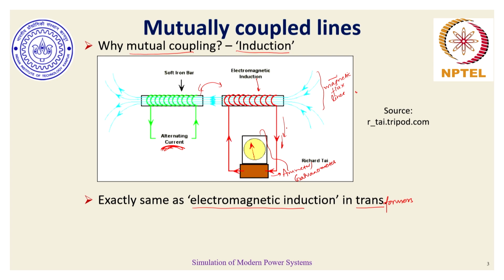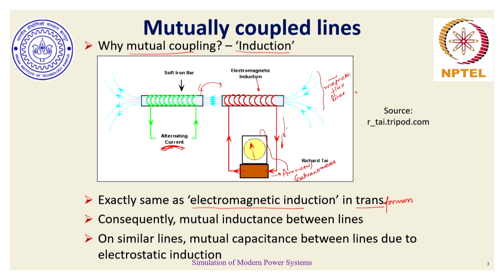There can be a dedicated discussion on how the mutual coupling can be modeled, what mathematics and theory goes behind it. I will avoid those discussions because we have to focus on other application related parts. So that's the reason why mutual inductance can exist between transmission lines, and in fact mutual capacitance can also exist between transmission lines due to electrostatic induction. Often the mutual coupling is more due to the induction effect because operating voltages are very high, and by choosing proper right of way, the electrostatic induction effect is minimized, and that's where mutual capacitance presence is not so dominant